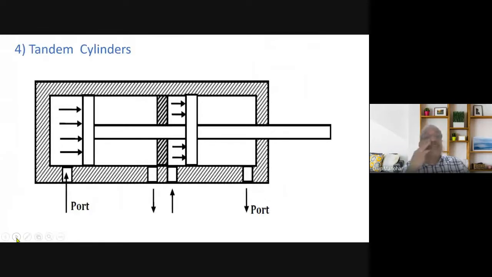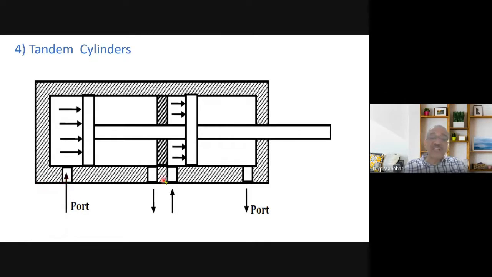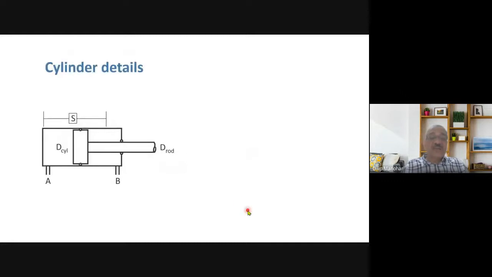A tandem cylinder is a cylinder where there is a partition and two pistons. Both pistons move synchronously because of the design, and both ports are connected in the same fashion. The P ports are on one side, and the return ports are on the other side. So you give a P connection here as well as a P connection here. Here there is a pressure connection, here there is a pressure connection, here there is a tank connection, and here there is a tank connection. Here the details are given.